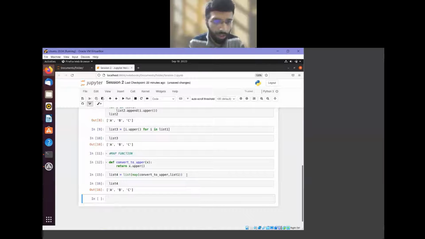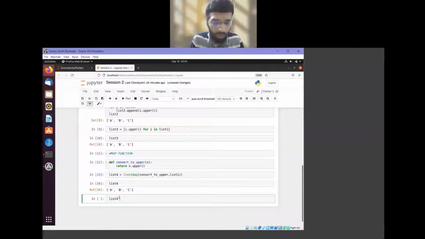So I already told the three ways to implement this. Now, the most efficient way. You can see the function convert to upper is just doing a simple thing of x dot upper. But for that I had to name a function convert to upper and then use that. So that is not the most efficient way to implement this. Then we will go one more step and see a more efficient way to do this using a lambda function.